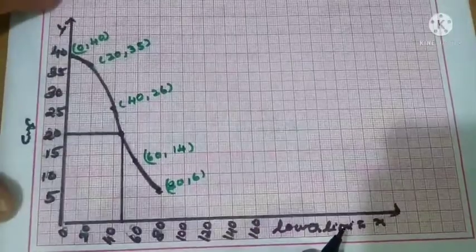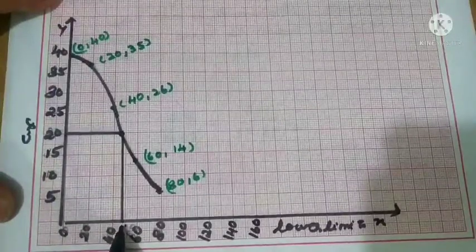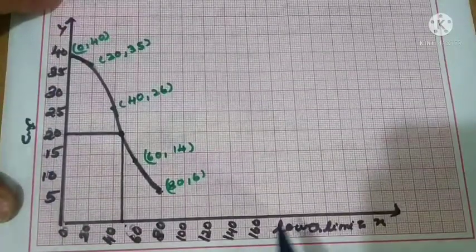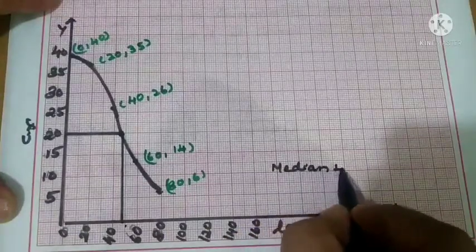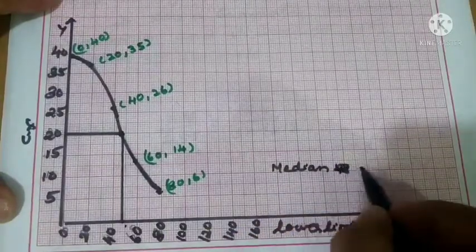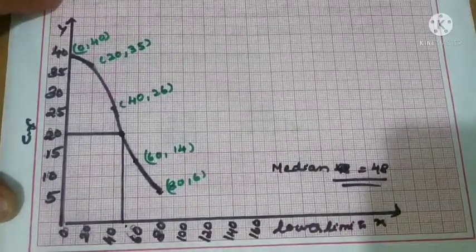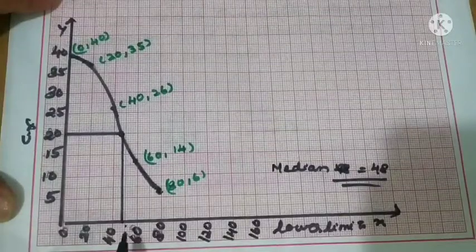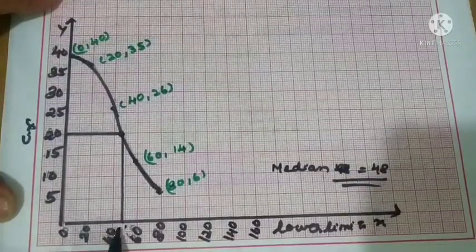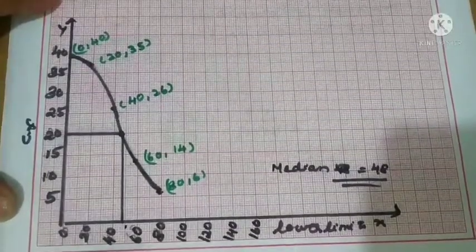Okay, now the x coordinate is the value. The x coordinate is between, 50 is here, almost 48. So the median is 48 from the graph. If you take the formula, maybe a little bit of change will be there. Now approximately we have taken that value. 50 will come in the middle, so it will be approximately 48 only. So here we have got the median like this.